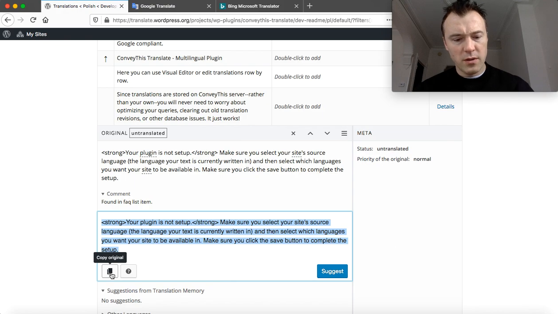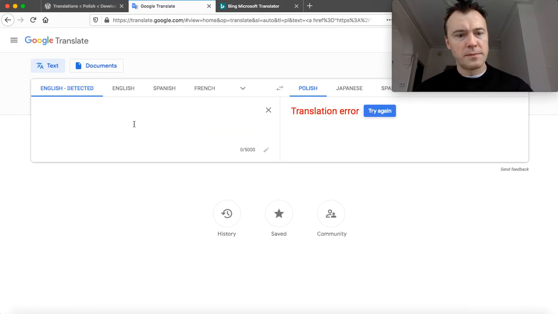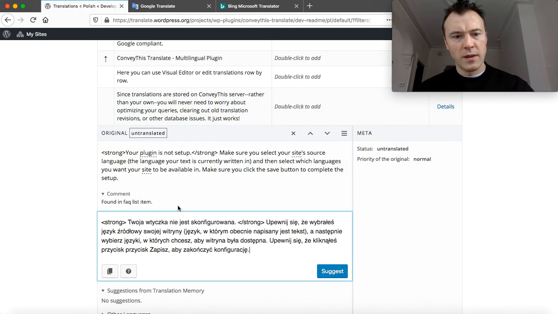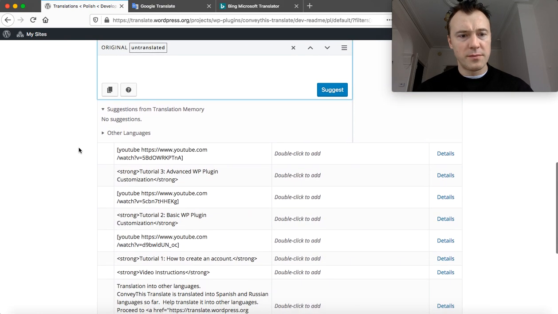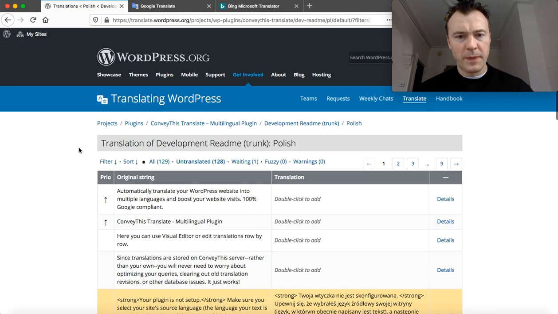So copy, Ctrl C. Okay, so this is copied over. See, Polish probably will not give you many errors. When you translate other languages, you might encounter these errors. So let's see